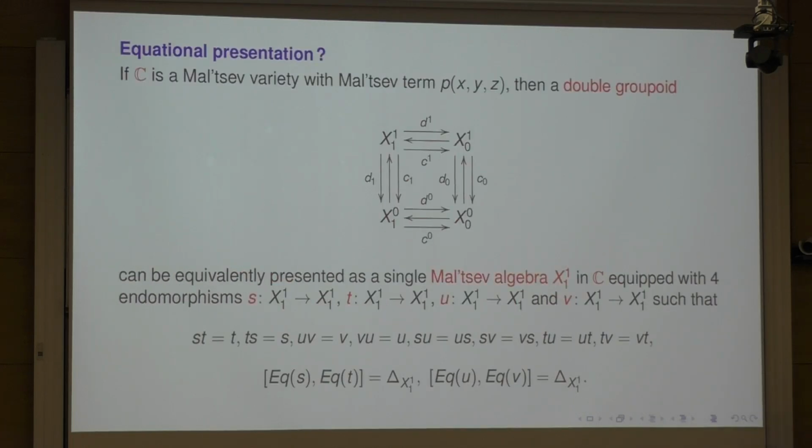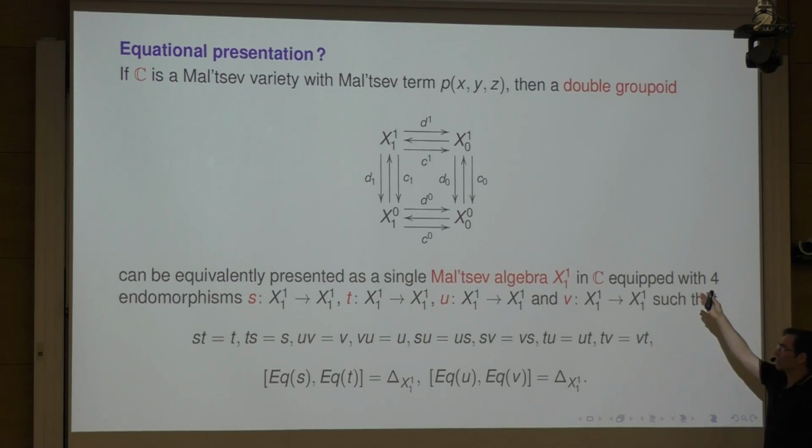And so the last question I want to mention here is, do we have an equational representation of this variety of two groupoids in a Maltsev variety? First, recall that a double groupoid like the one in the picture can be also presented as a single Maltsev algebra X11 equipped with 4 endomorphisms S, T, U, V, satisfying this first line of identities